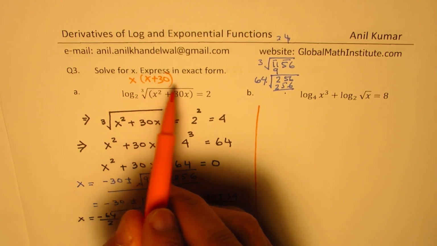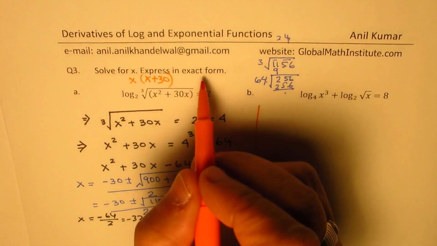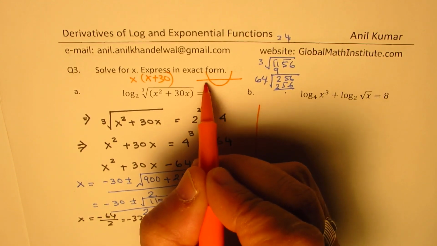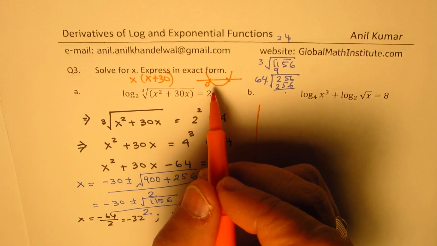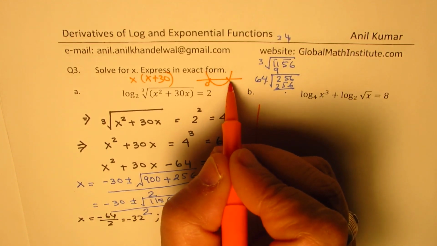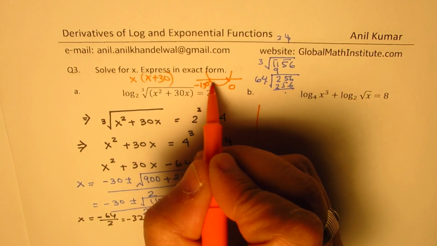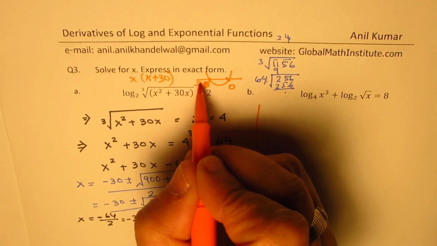So we have a maximum value. This is a parabola, which is like this, right? So you could have anything which is less than minus 30 as your answer,